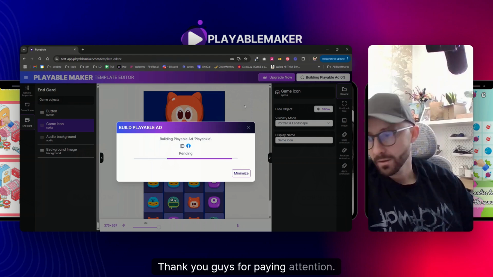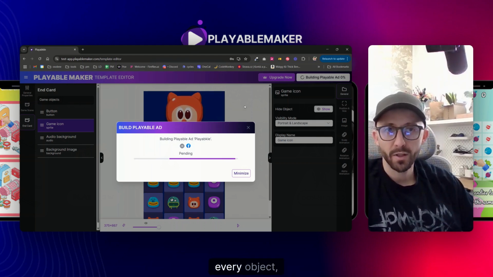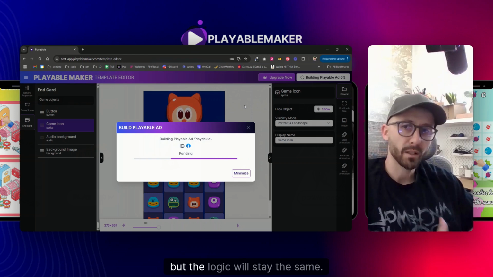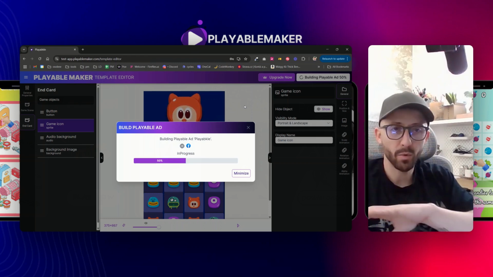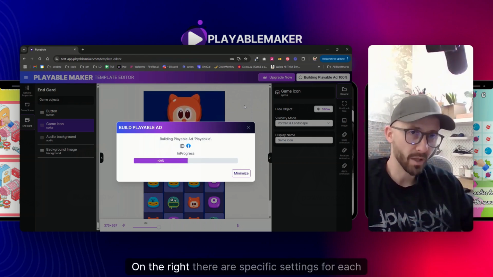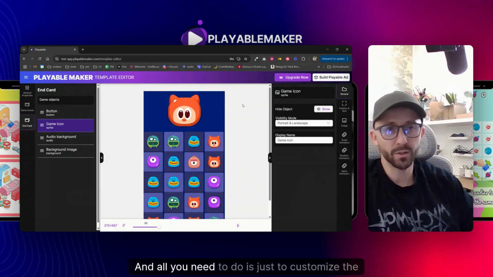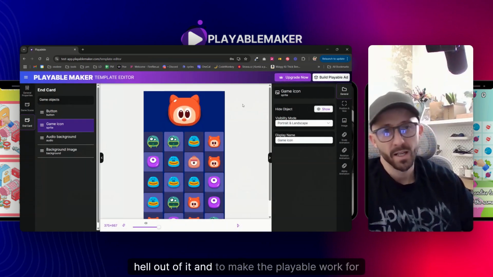Thank you guys for paying attention. Please remember, every object, every template is different, but the logic will stay the same. Whatever you set up on the left, there are objects and assets. On the right, there are specific settings for each of these objects and assets. And all you need to do is just to customize the hell out of it